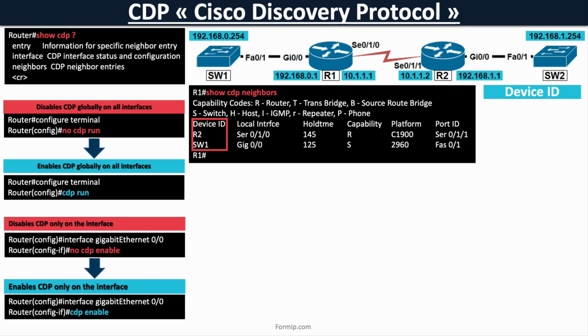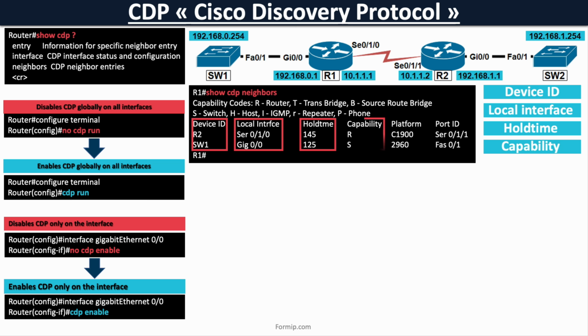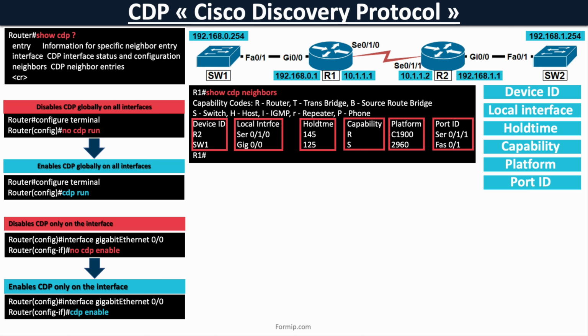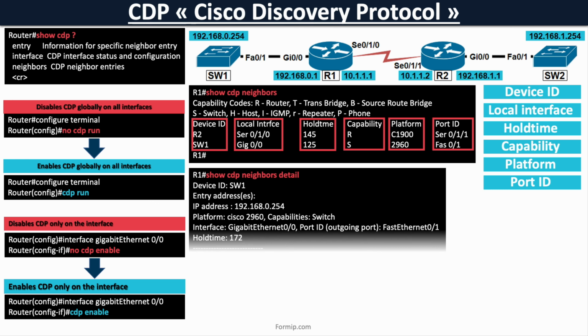For each CDP discovered neighbor, it displays the device ID, which is the host name of the device, and the local interface, that is to say, the one that is on the side of its neighbor. We have the hold time, which is a value expressed in seconds. This is the amount of time left before deleting this entry if no update is received. The capability column is the type of neighboring equipment. For example, an R means it's a router and an S for switch. The platform column gives the model of the neighboring device,